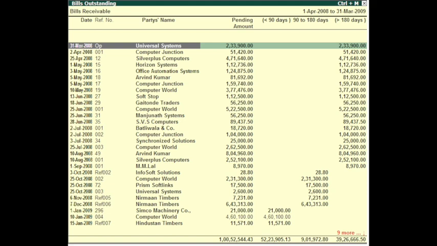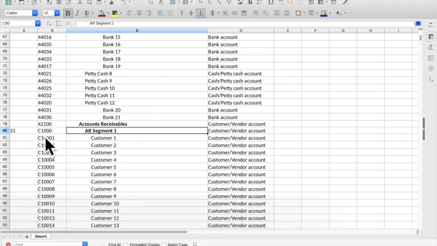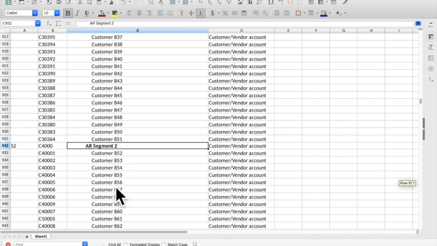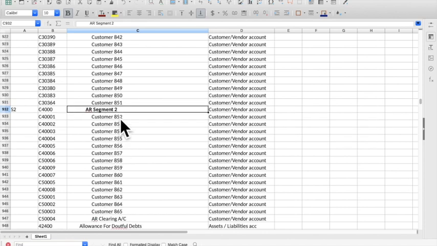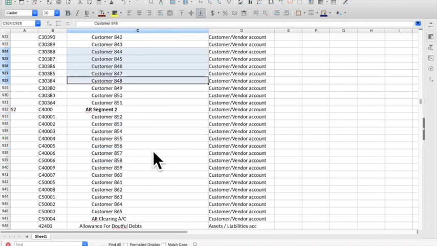care of accounting. So if you want reporting on various classifications like salesperson or customer segment, you will have to add ledgers or accounts in your chart of accounts. For example, if you want to pull a report showing outstanding customer segment wise, you will have to create a group ledger for each segment under your debtor account and add your customer ledgers under the respective segment. Also, you will have to create a separate ledger for each customer to view outstanding balances customer wise.